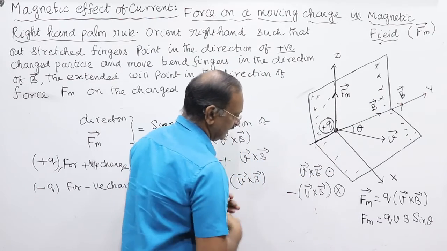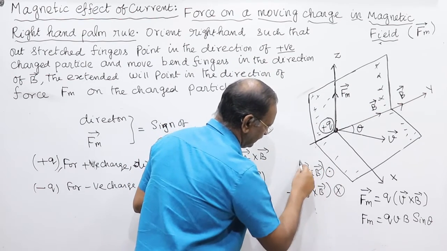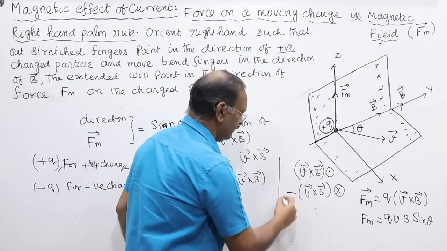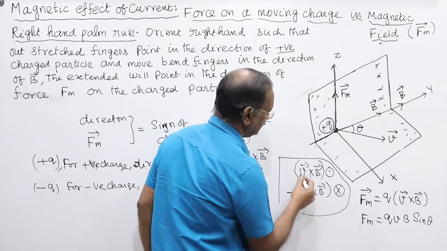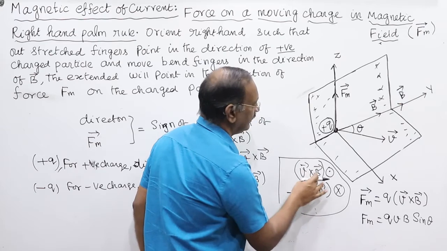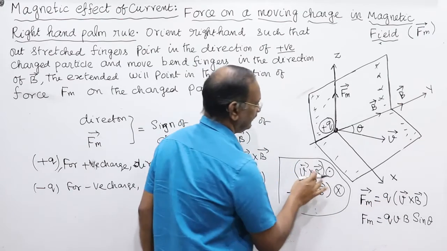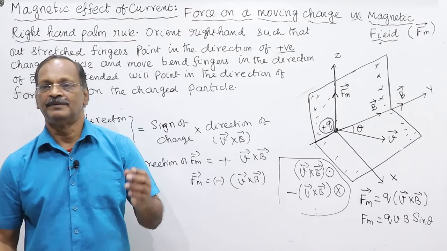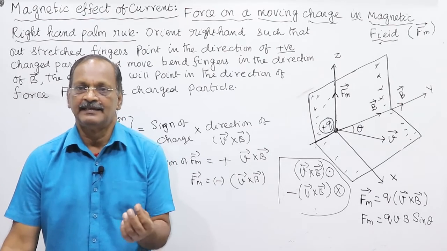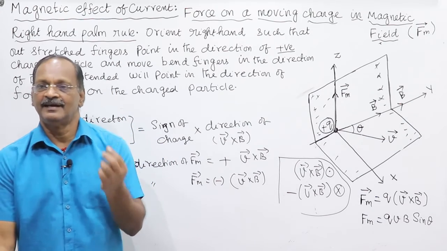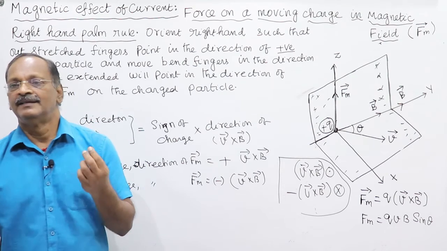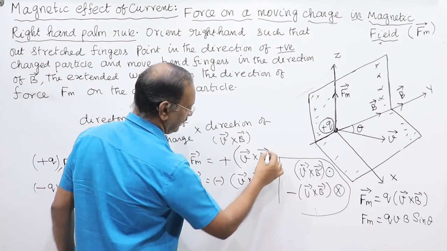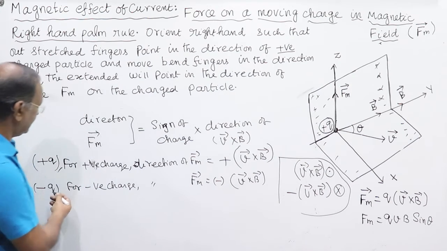So take the direction of V cross B, and for positive charge use the right hand palm rule. For negative charge, what you do, just reverse this direction. Whatever is the direction of V cross B for the positive charge, just reverse its direction, that's all. So it means for positive charge Q, the direction of magnetic force is equal to sign of the charge multiplied by the direction of V cross B, that is equal to positive V cross B. And for negative charge,